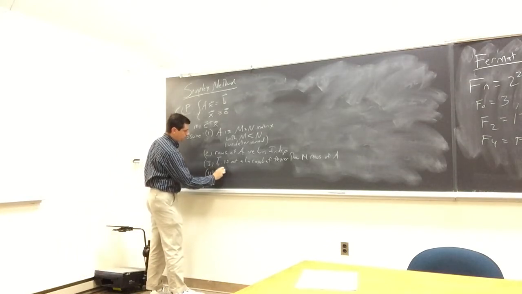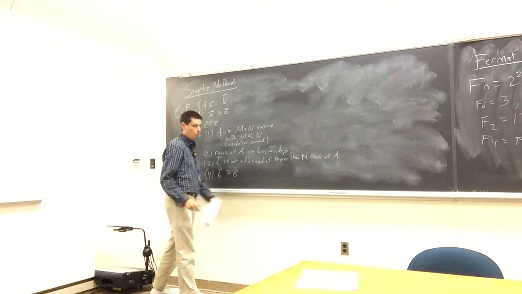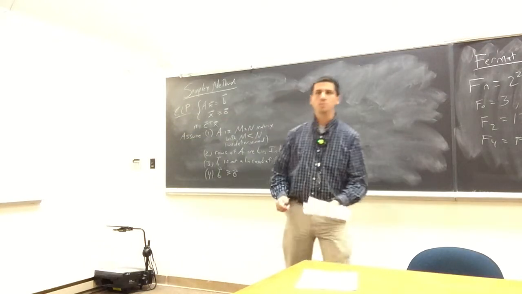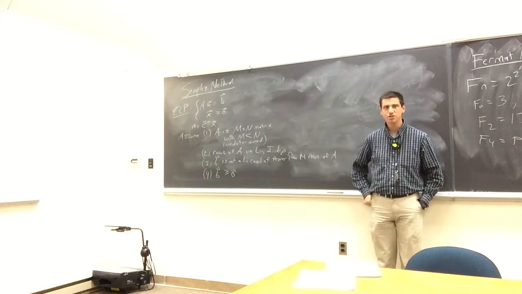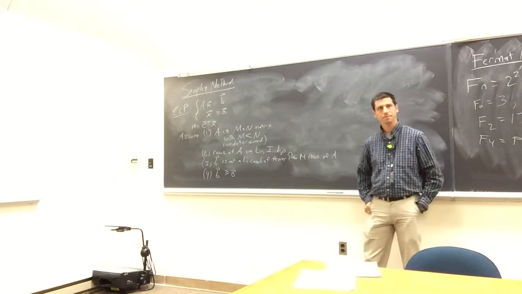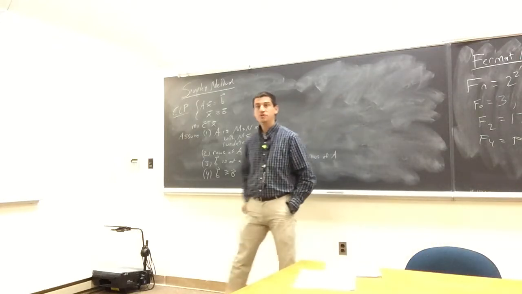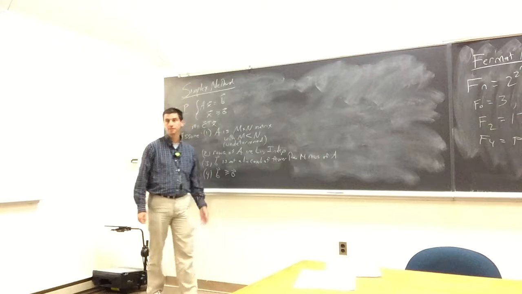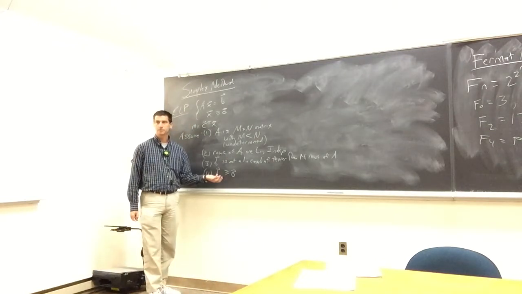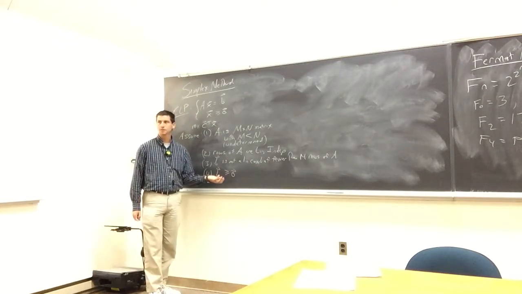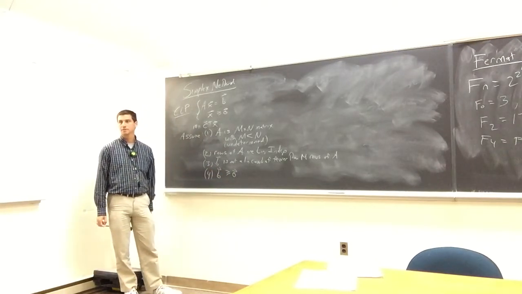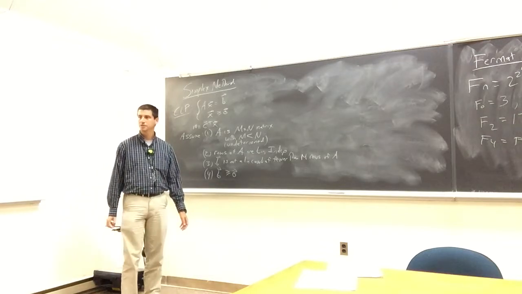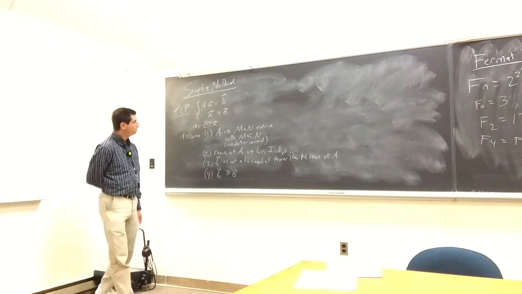And the last one is I want B to be greater than or equal to 0. We chose x to be greater than or equal to 0. Now I want B to be greater than or equal to 0. Do you think it's a big constraint to have B greater than or equal to 0? What would I do if one of the entries of B was negative 5? Yes? Maximize the corresponding B.